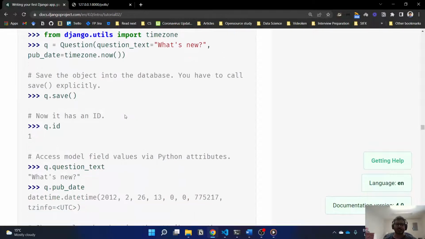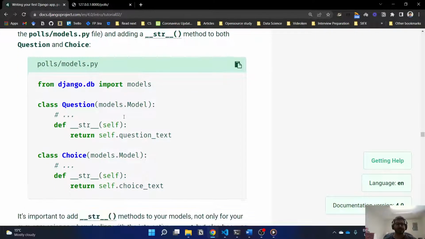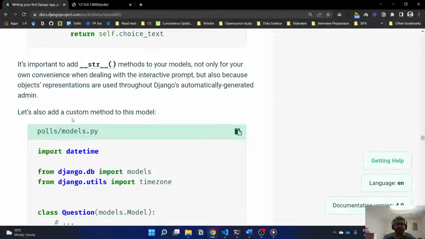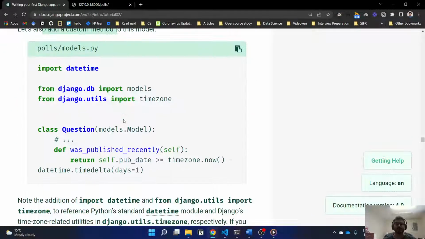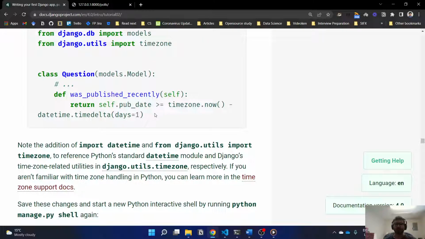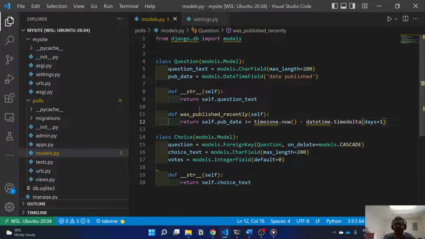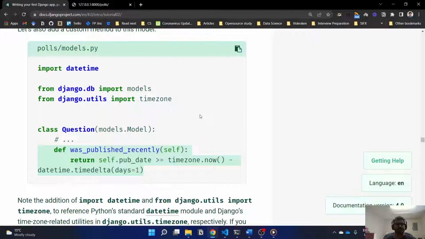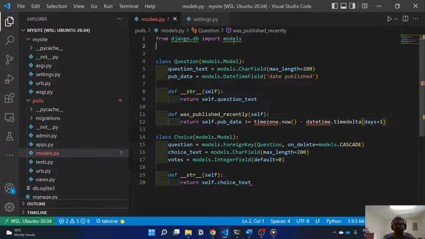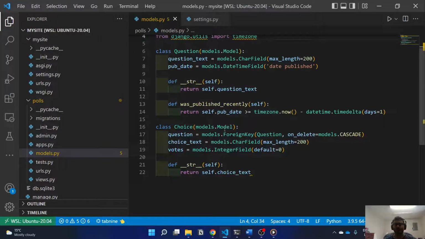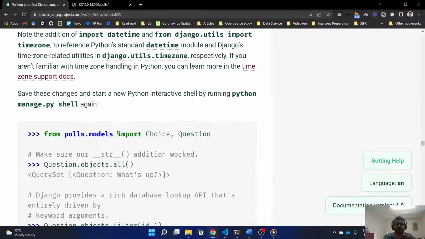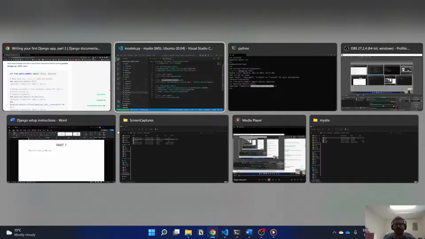Similarly, you can add other methods. For example, in this case, it is adding a custom method to this model, which is was published recently. So it will tell if it was published recently or not. Copy this and put this in your particular model here. Now you haven't imported correctly, so you change the imports, and now you have everything imported right, and you can call this on your particular model. Let's see how it's going to do that. Go back here,